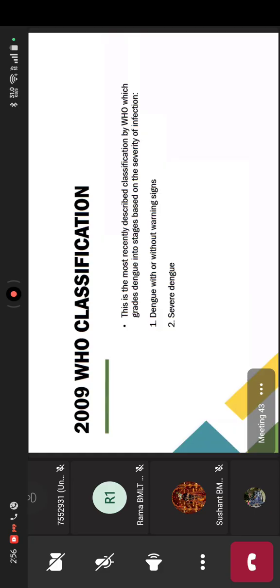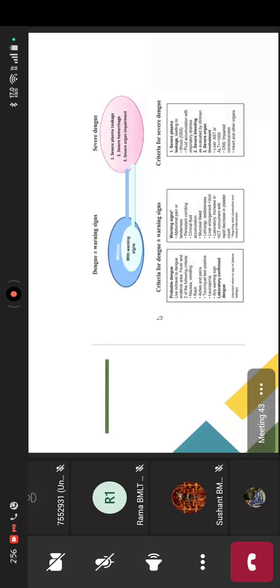क्लासिफिकेशन दिया था 2009 में, कि डेंगू को उन्होंने 2 तरीके से क्लासिफाई किया था। एक उसके सीवियरिटी के बेसिस पे कि कितना सीवियर है। तो एक क्लासिफिकेशन था डेंगू जिसमें सिम्टम्स दिखेंगे या नहीं दिखेंगे, जो कि कम सीवियर है। दूसरा था सीवियर डेंगू, राइट। तो अब हम इसको डिस्कस कर लेते हैं। तो ये दोनों क्लासिफिकेशन है, पहला है डेंगू विद और विदाउट साइंस, यानी कि इसमें सिम्टम्स दिखेंगे या नहीं दिखेंगे, और दूसरा है सीवियर डेंगू।